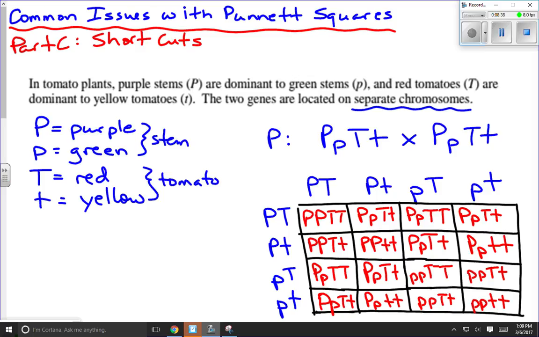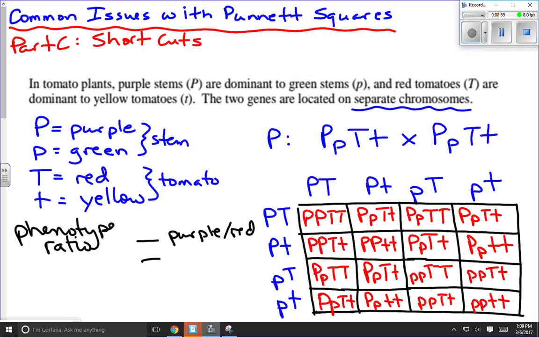So here we are back with the Punnett square all filled out. Now if I want to write the phenotypic ratio for this, I have 4 possible outcomes here for phenotypes. We've got a certain number of purple stem red tomatoes. We've got a certain number of yellow stem red tomatoes. We've got a certain number of purple stem yellow tomato, and we have a certain number of,